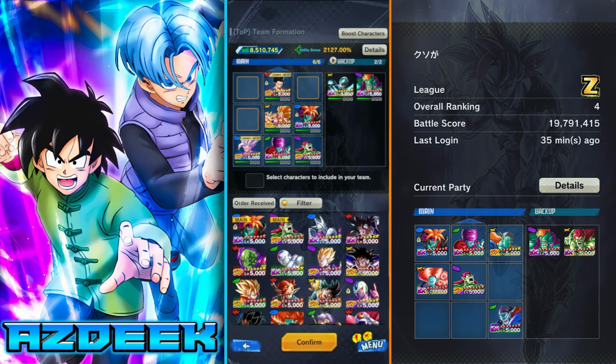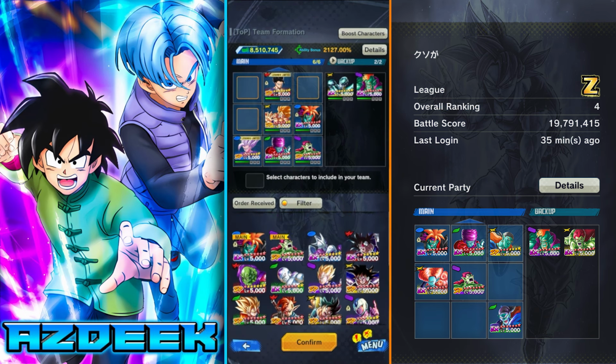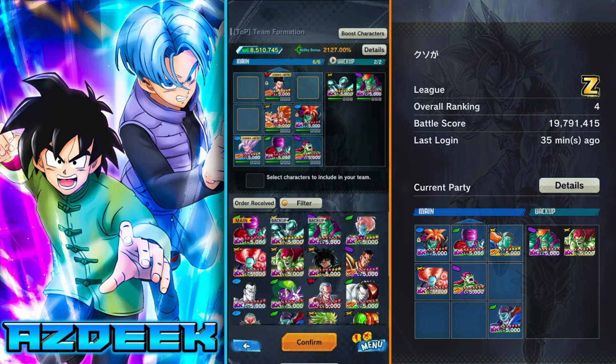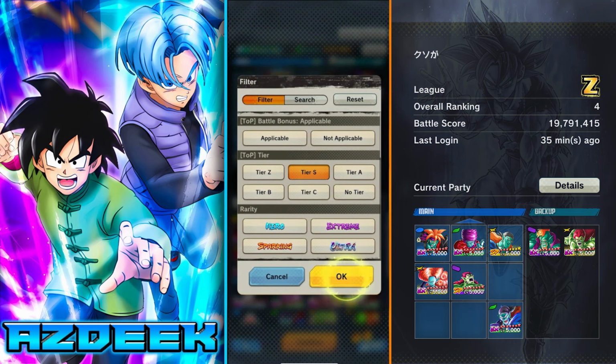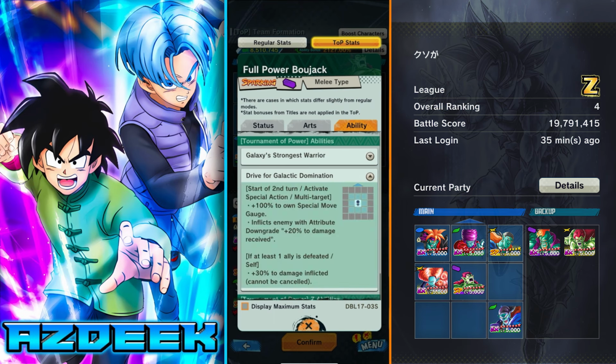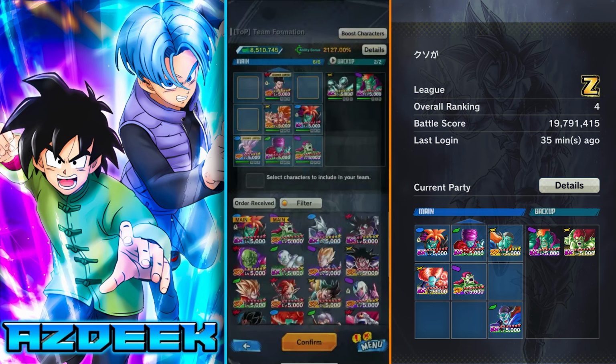But the thing about Sagas from the movies is that there's so many replaceable units. You could legit not bring a single Z tier unit in here and run maybe a whole A tier team and still get that 1000 CC guaranteed right here, right? So the unit I'm looking for is a damage dealer, which you do have with this full power Bojack, because he does get a guaranteed super attack at the start of turn 2. He has a low key restore speed, so it feels more like the end of turn 2,